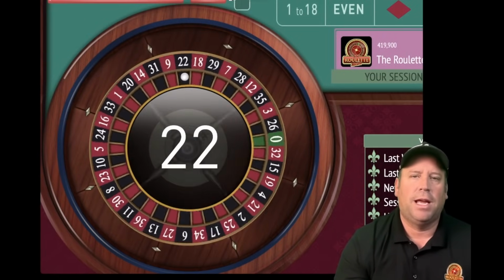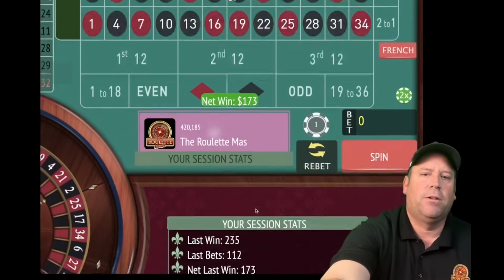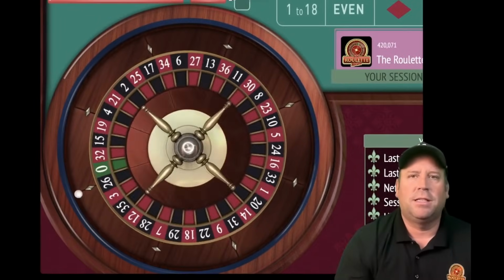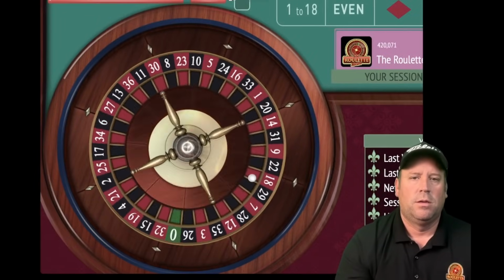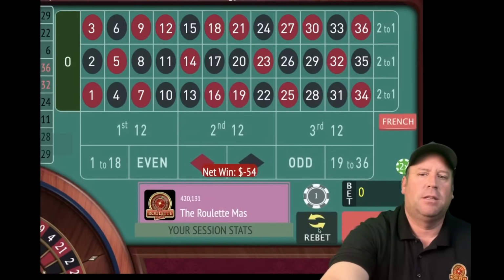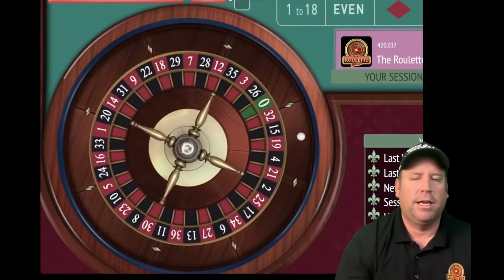That's a 22 black. That's a $173 win, and that's a repeat. So let's put 2 more dollars on number 22 and spin. Let's see if we can get some more numbers to repeat. That's a 29 black. That's a $54 loss. Let's go ahead and rebet and spin at the 114 level here, and let's get some